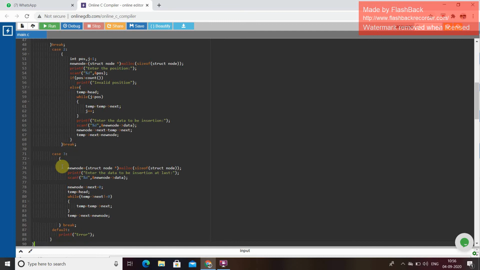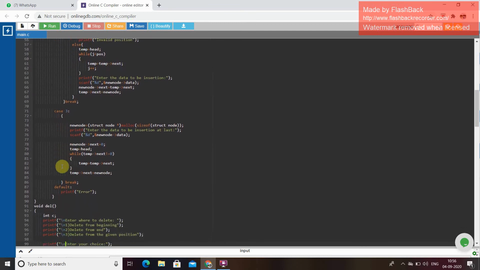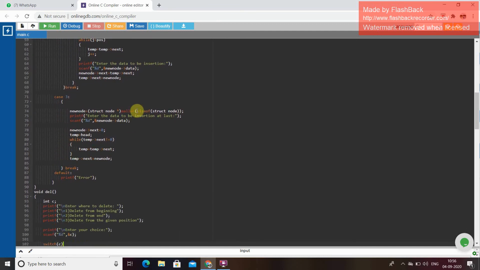Then again we have to use case 3, where newnode equals struct node * malloc sizeof struct node. Then again we have to print enter the data to be inserted at the last. Then again we have to scan %d &newnode->data.